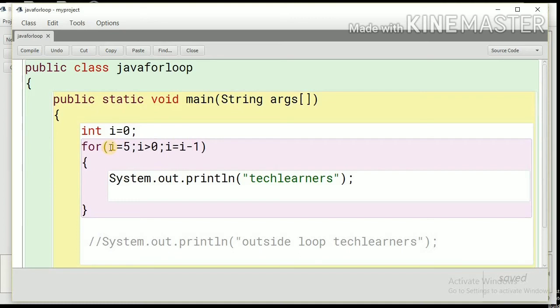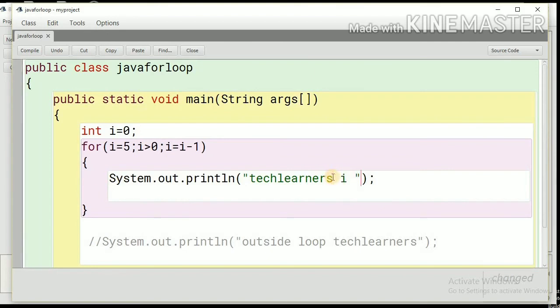We can also use skip counting: 1, 3, 5, 7, 9. We can use 2, 4, 6. We can use 10, 20, 30. So this is how we run a for loop, and you are aware now of the importance of these three fields. Instead of integers, you can also use other data types, char also. Okay, let me show you something more.